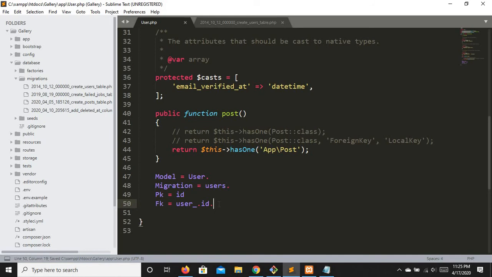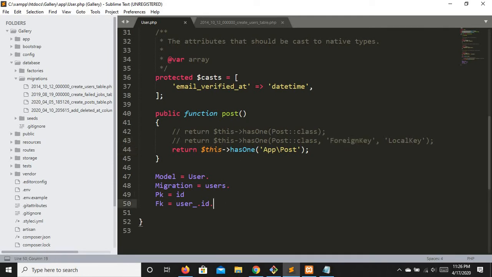Okay, so if you are not following Laravel conventions again and you are using a foreign key of your own, like you are using some other variable, you are just going to pass it right here. I will just show you with an example. This is what Laravel is going to do. If you are not following Laravel conventions, you are going to pass the foreign key and the local key as well. Basically both of these belong to the first table, in this case the user table. The local key would be of the users table, right here. Okay, and if you made any other foreign key of your own, just pass it right here. That's it.